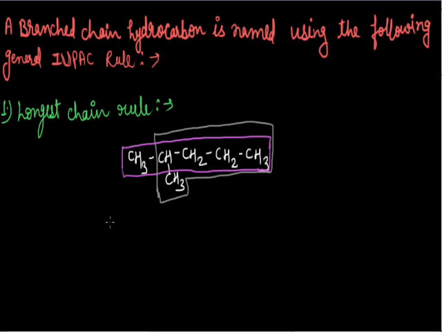If we talk about the first chain, then in the first chain 1, 2, 3, 4, 5 carbon atoms are present, but in the second chain also 5 carbon atoms are present. So we can choose either of the two carbon chains. But if the organic compound is this,